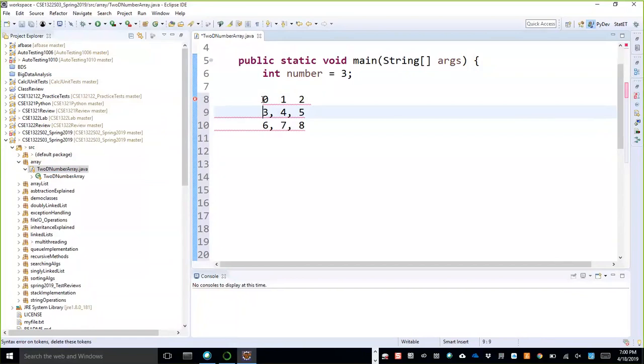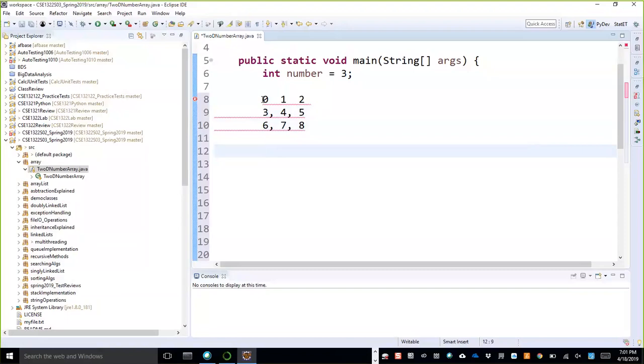Now, can we find the maximum odd element? How can we find the maximum odd element from this 2D array? What will be our logic? We want to find the largest odd element from this array.